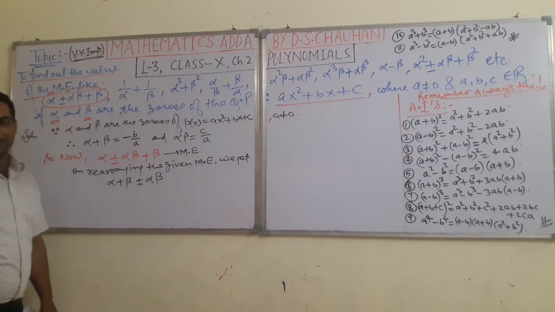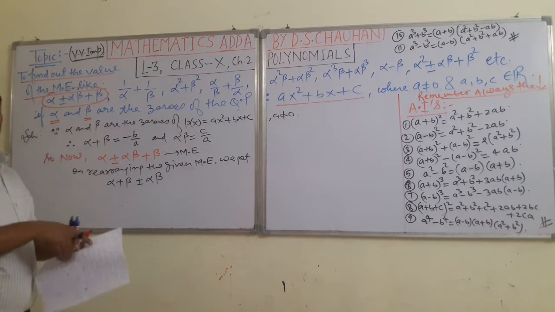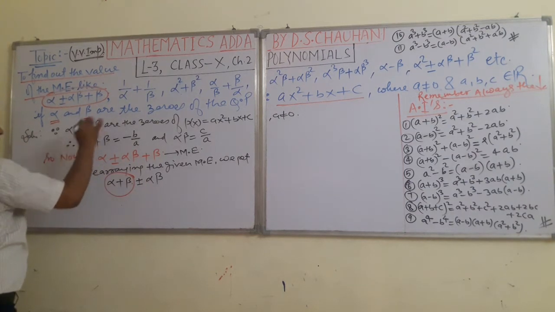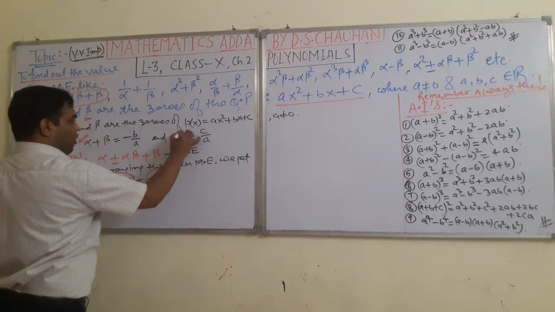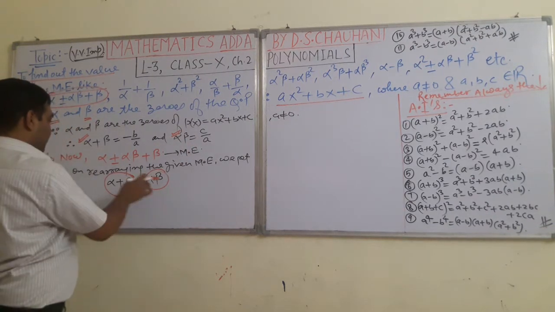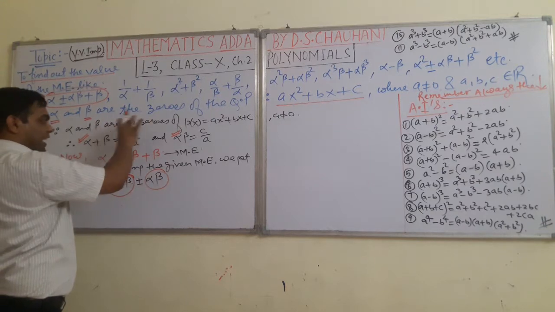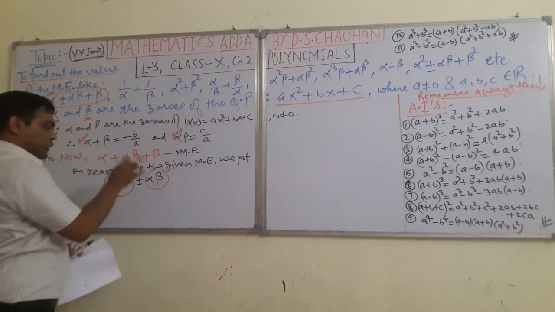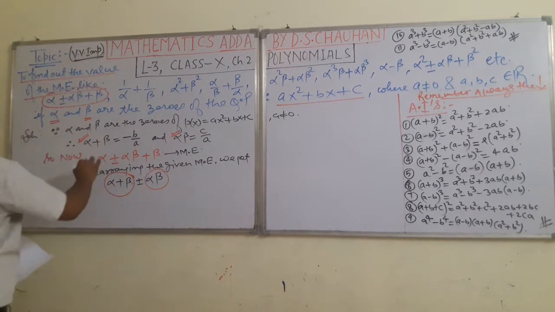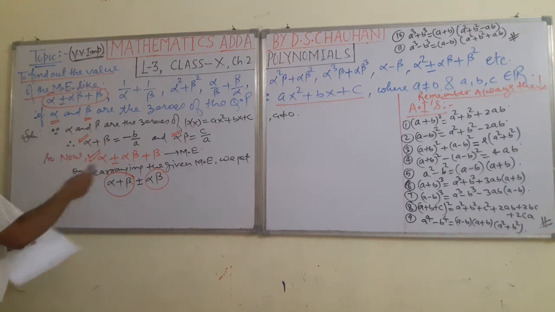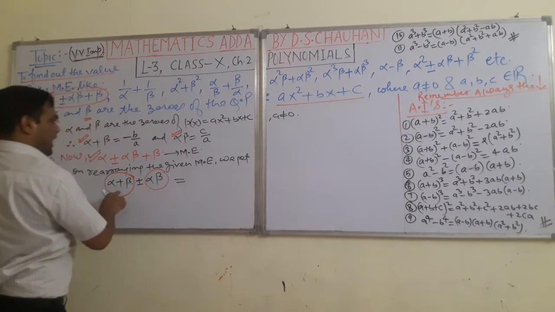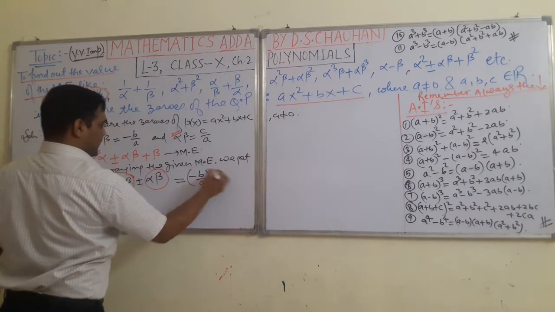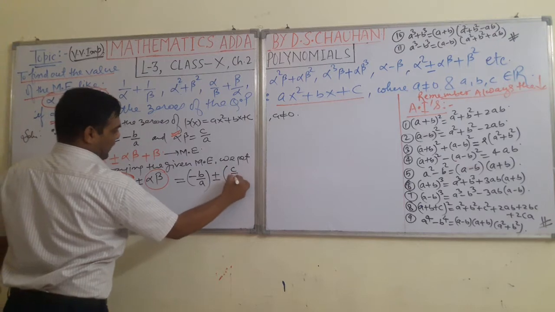Of course, we can write this, students. By writing this, what are we getting? This is the sum of the zeros, and this one is the product of the zeros, and the values of alpha plus beta and alpha beta are already known from this formula. So we will put these values at their respective places, and we will be able to get the value of the expression. See, alpha plus beta is minus b upon a, plus minus alpha beta, which is c upon a.